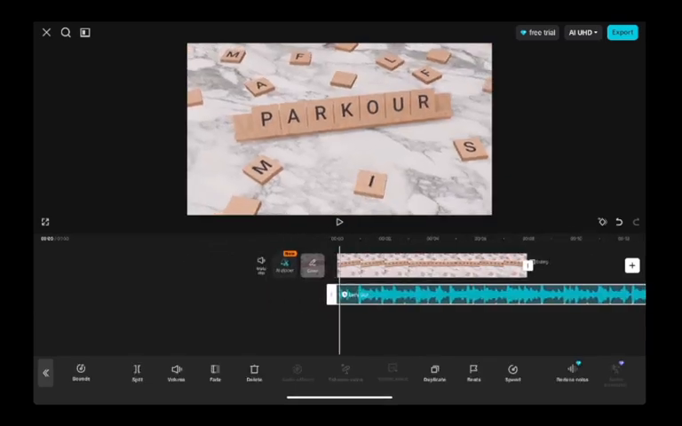Now, something you have to consider is how long the piece of